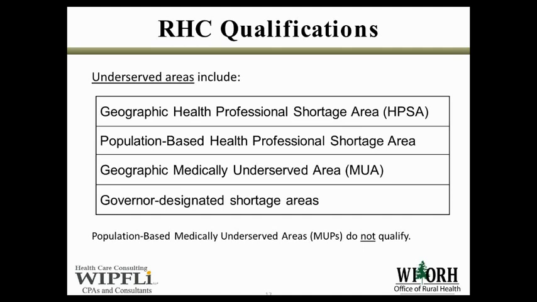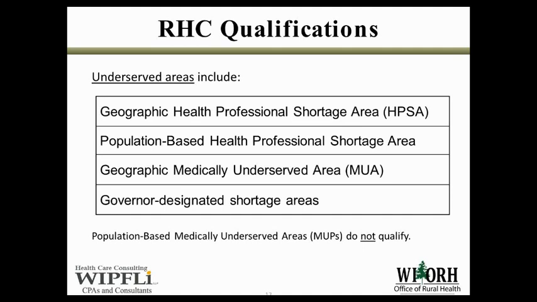The last and the fourth designation that we've identified here are the governor designated shortage areas. And governor designated shortage areas apply on a statewide or a state basis. Not every state has elected to develop or identify governor designated shortage areas. Wisconsin is one of the states that has developed criteria for a state designation such as a governor designated shortage